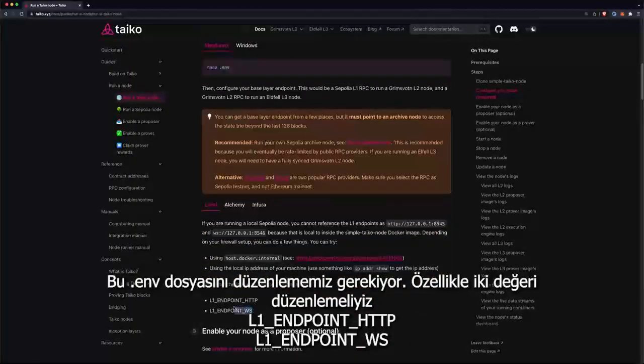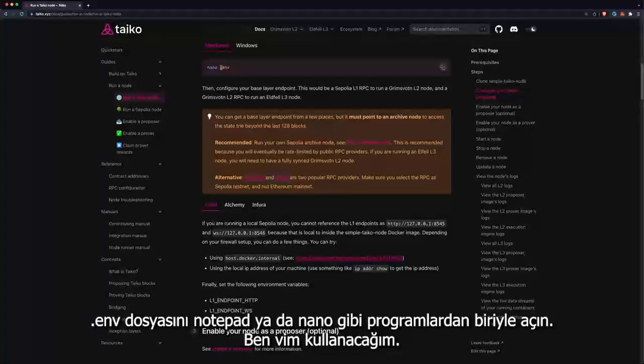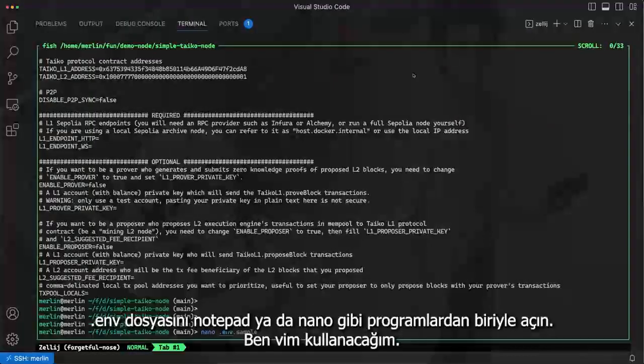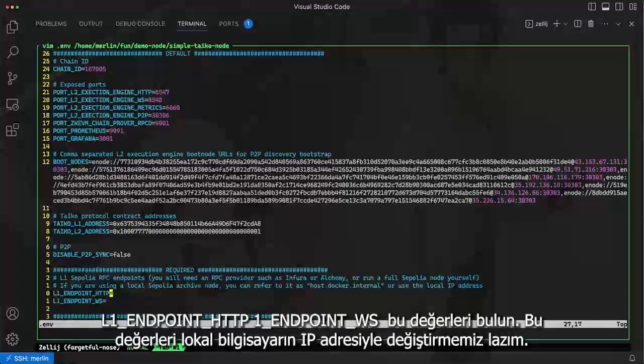We really just need to configure two values: the L1 endpoint for HTTP, and the L1 endpoint for a WebSocket connection. There is another video on how to set up a Sepolia L1 node, which is recommended. But if you're not able to do that, you can get a URL or an endpoint to use from Alchemy or Infura. So let's open up this .env file. You can use Nano, or Notepad if you're on Windows, or you can use Vim. And what we can do is take these values right here, L1 endpoint HTTP and WebSocket, and we can just set those to